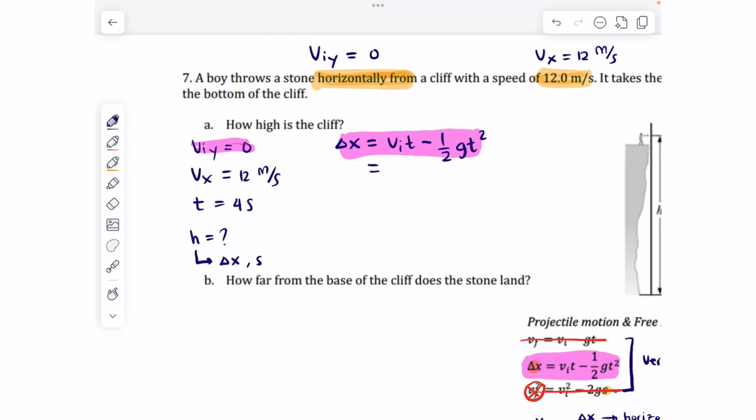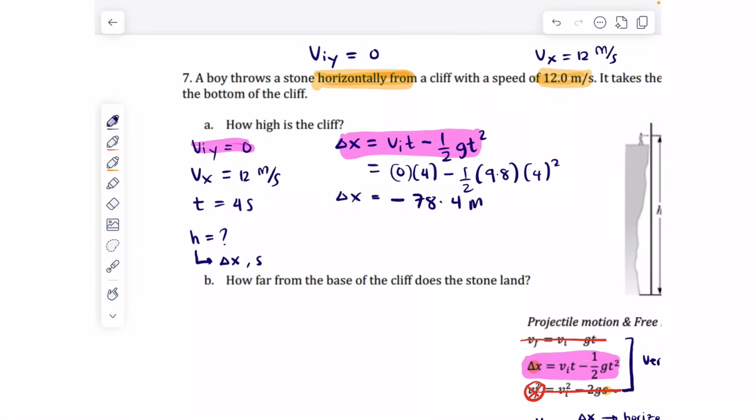We have Vi is 0 multiplied by time, which is 4 seconds, minus 1/2 G, G is 9.8, times 4 squared. Now, sometimes you may use positive 9.8, negative 9.8, but you will have a plus sign here. But since we already have the negative here, we're going to use 9.8 to substitute the value of G. So now you just have to put these values in your calculator and you'll have that delta x is equal to negative